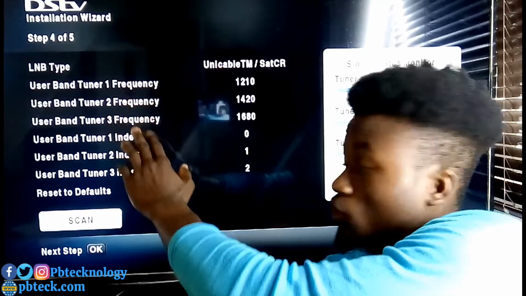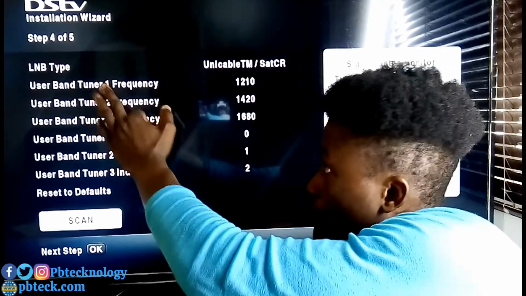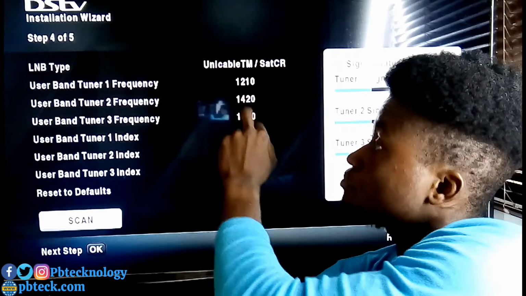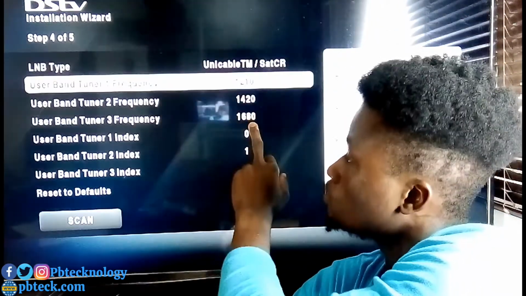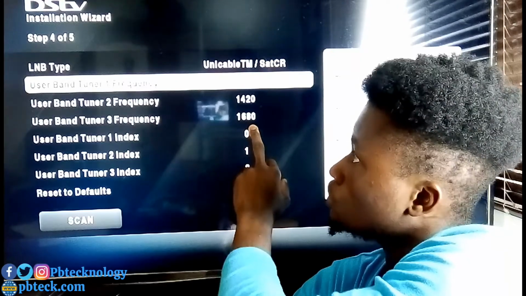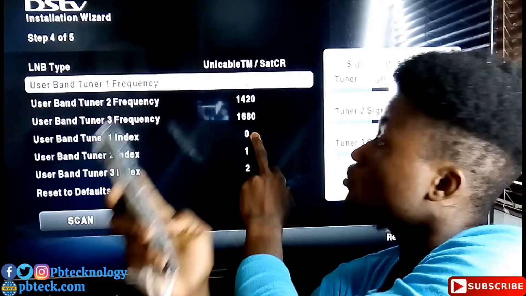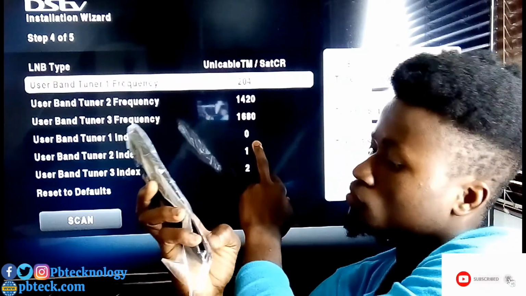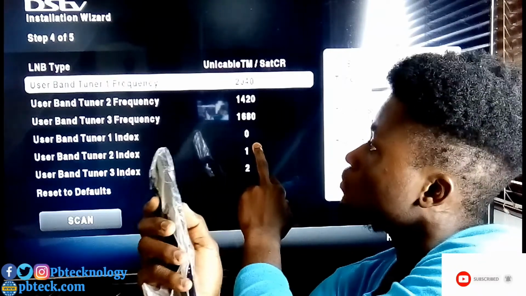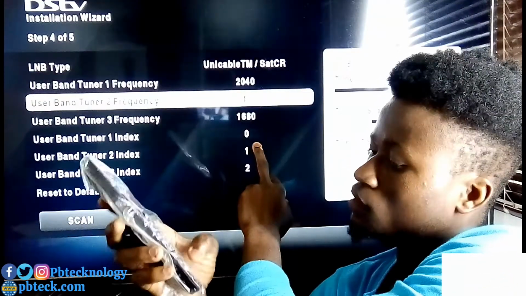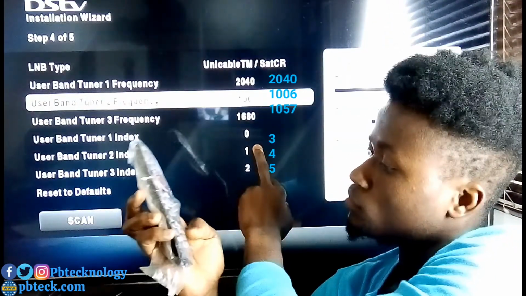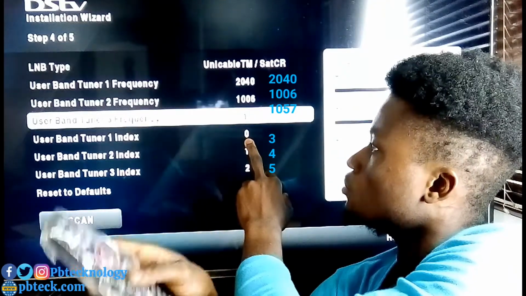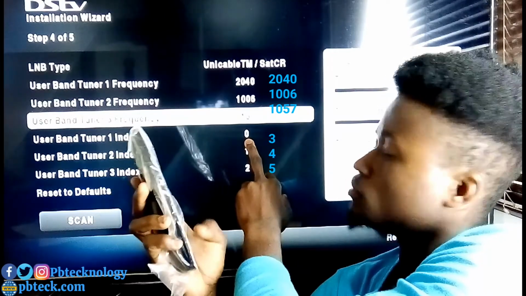Because this is your secondary decoder, you need to change the user band frequency and the user band index. The user band frequencies: the first one has to be 2040, then this one has to be 1006, and then this one has to be 1057.